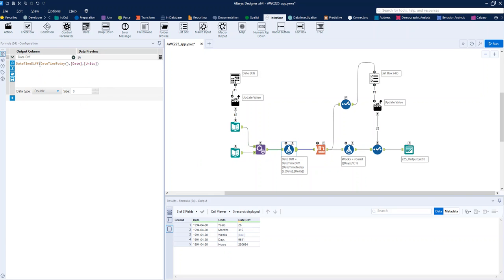So we've got date time diff, we've got today as a function, date time today, and then we've got our date that the user inputs and the units of how to calculate that. And we can see that's working nicely apart from for the weeks. I didn't realize that you can't use weeks in the date diff formula, but that's not a problem because we're just going to transpose this out so that we have a column for each of our units, and we're going to use the days divided by 7 and round that to the nearest whole number to get our